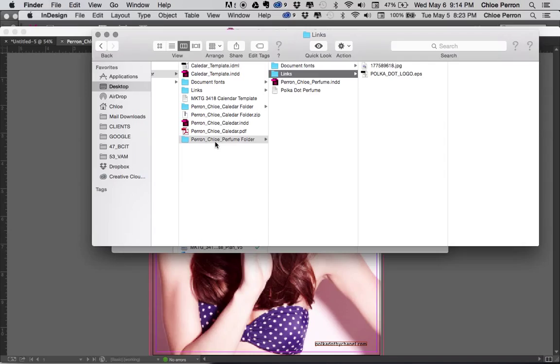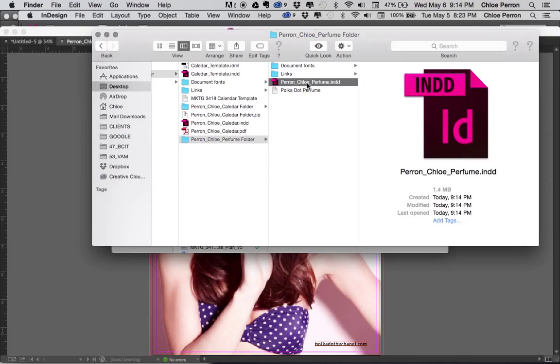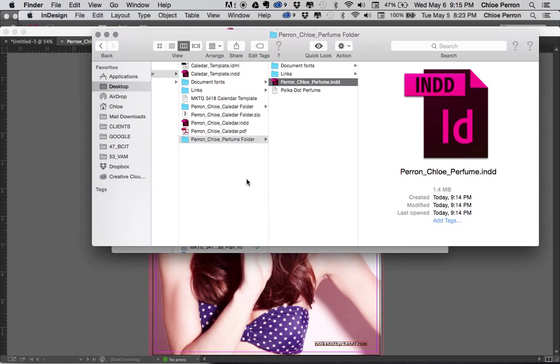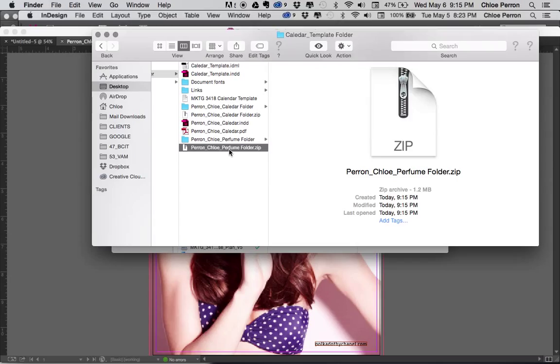or moving them from one computer to another, you absolutely have to package the InDesign file. You cannot just give somebody this particular InDesign file, and if you were putting it on two different computers, you absolutely cannot just copy and paste the InDesign file. You must package it, and just to be really safe, it's also a good idea to compress it. On the Mac, you right click and compress it, and this little zipped file is the safest way to move InDesign folders from one computer to another or to another person. Or the other option is just to make a PDF, and that's the only thing that will be required for this